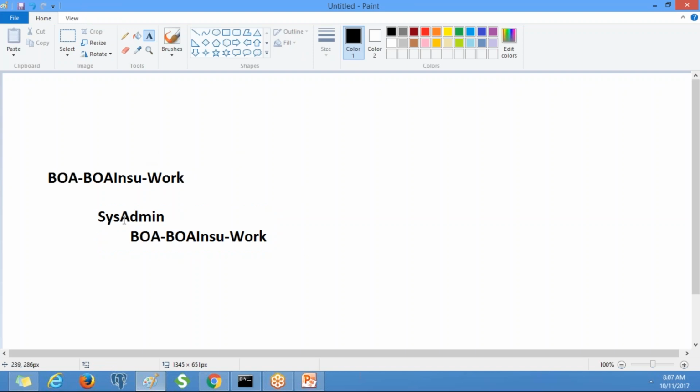Here SysAdmin is a rule category. Like that, we have 13 different rule categories, and under each category we have different rule types. We use those rule types in order to create an application.